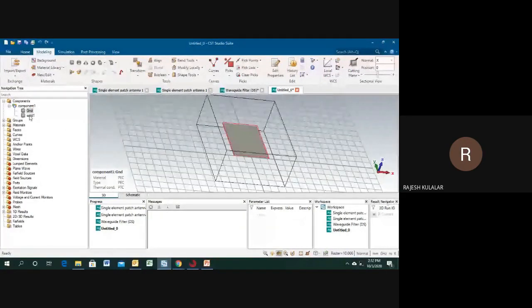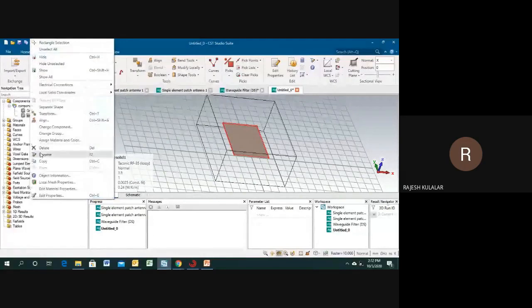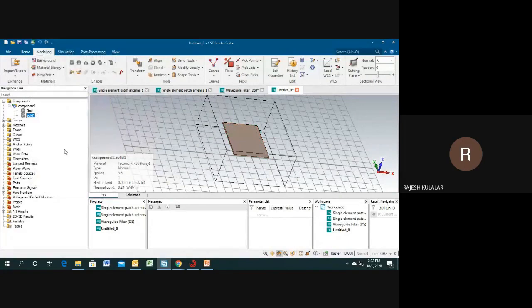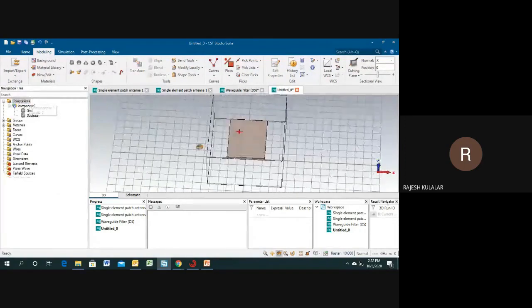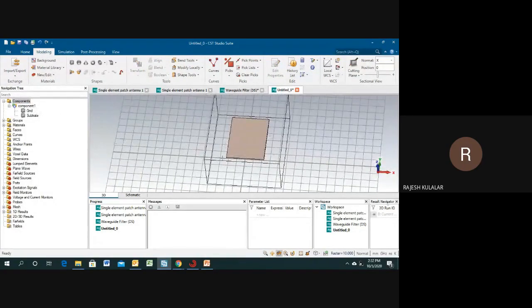Actually, I didn't give any nomenclature, so you can change it from here. The color you can also change, the material you can also change, and the nomenclature too. So let's suppose I have given the names: a substrate and a ground.